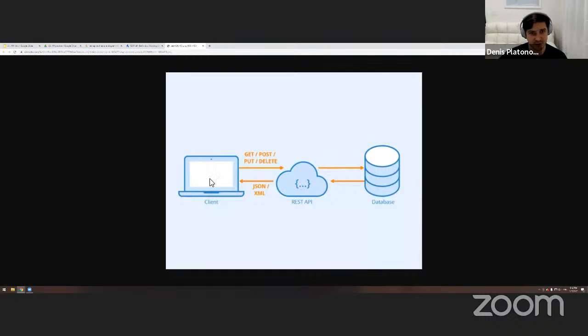So this is front end. In this particular example, it's some kind of laptop, so I would assume it's a web application. On the right side, it's a database. On the very back end, it's a database.